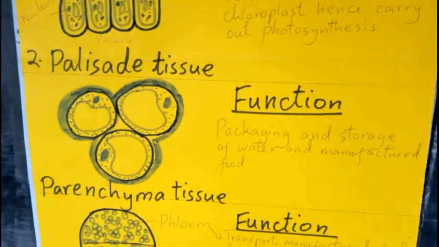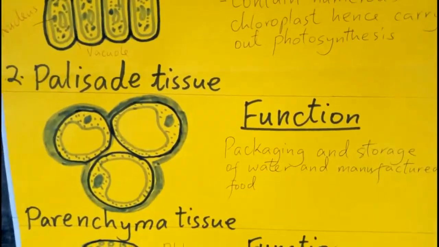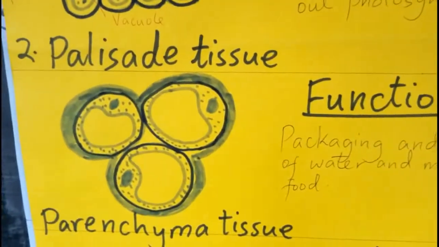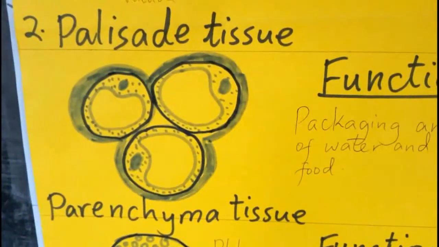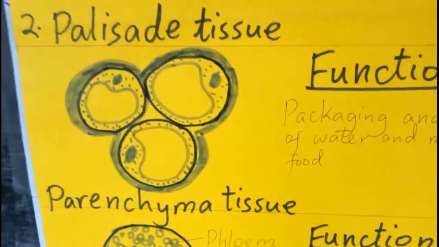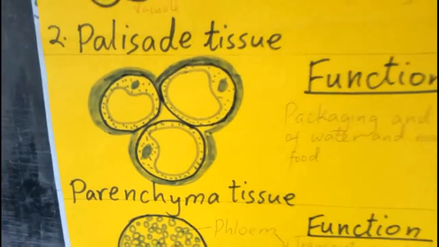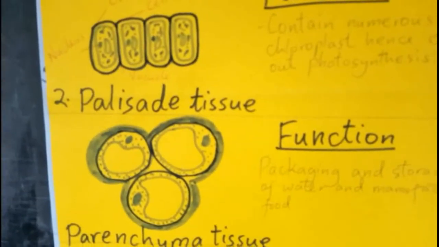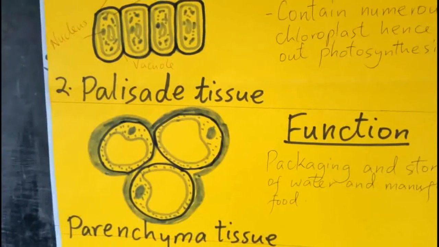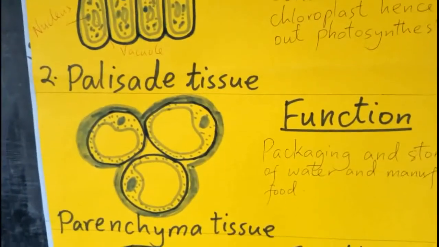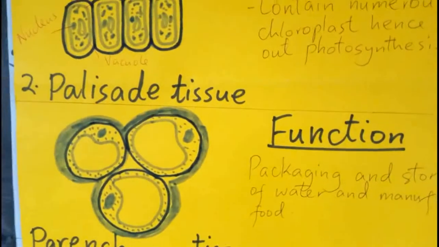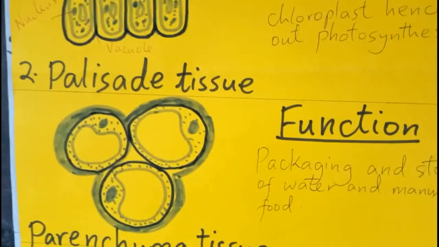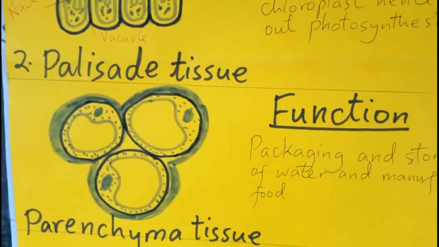We call them the parenchyma tissues. The parenchyma tissue comprises cells which are irregular in shape. These ones have been made to be a bit circular for the sake of easy understanding. And when you look at them, you realize that there is a difference between them and the Palisade tissue. And that difference is the size of their vacuole. The parenchyma tissues tend to have a bigger vacuole, and that suggests that there is something that they are storing in solution form. Therefore, they are meant for storage of